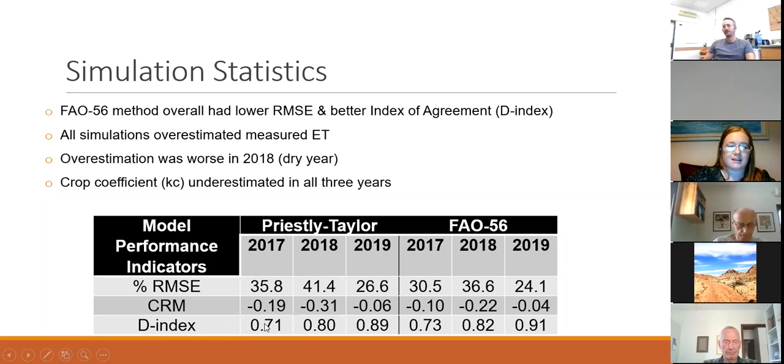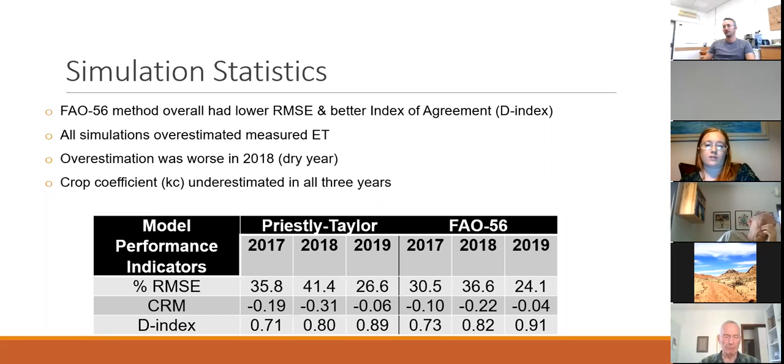This is a parameter that compares the modeled to the measured, and it's a statistical parameter that's really specialized for use in simulation. Ideally, the d-index would give you 1.0, and the closer to 1 you get, the better. By d-index and by our root mean squared error, by all of them, our best simulations were in 2019 with both methods. However, the 2019 simulations with FAO56 were the